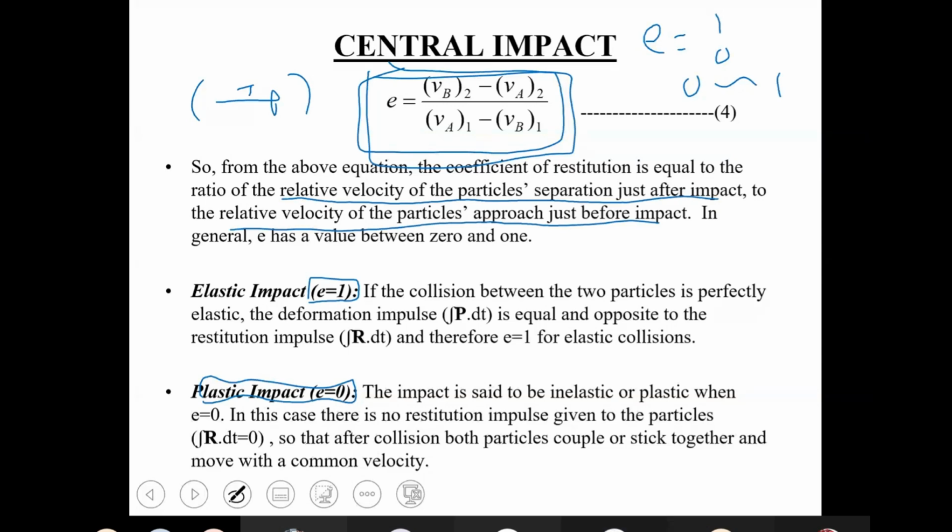Permanently deform हो गए। So a collision is said to be perfectly plastic when E equal to 0. That is, there is no restitution impulse given to the particles. So after collision, both particles couple or stick together, move with a common velocity with that particular deformation. वो डिपेंड करता है common velocity से मूव कर रहे हैं या रुक गए। बहरहाल उनमें डिफॉर्मेशन परमानेंट डिफॉर्मेशन हो जाती है। वो अपनी शेप परमानेंटली डिफॉर्म कर देते हैं, अपनी ओरिजिनल शेप पे वापस नहीं आते और एक दूसरे के साथ स्टिक हो जाते हैं।